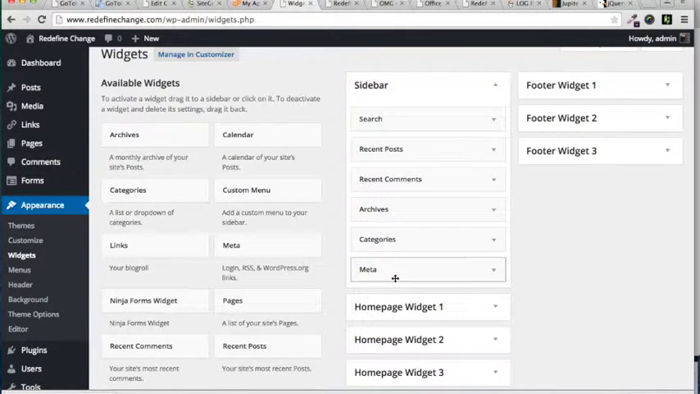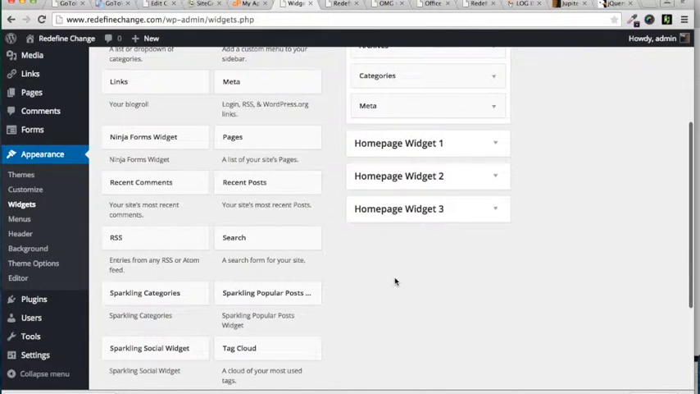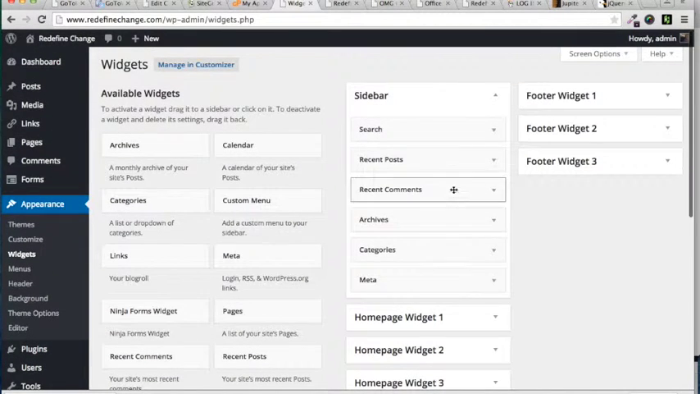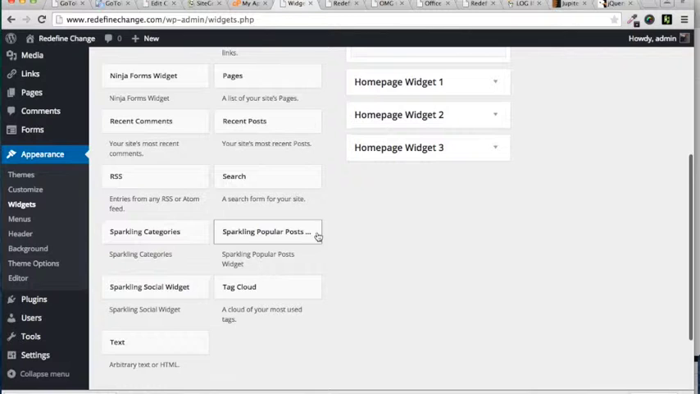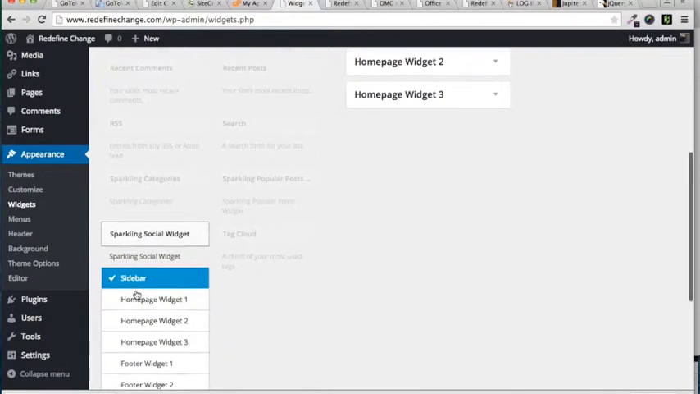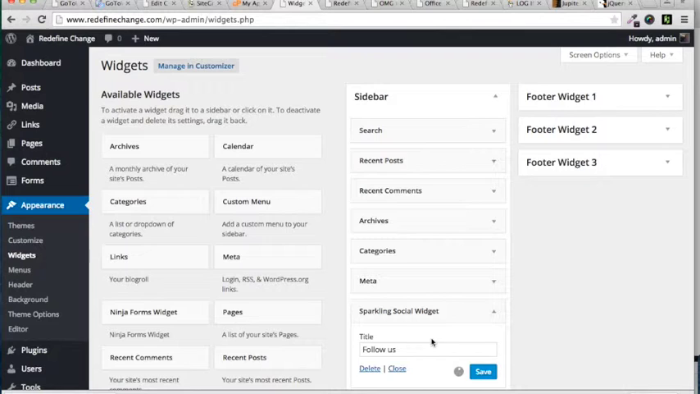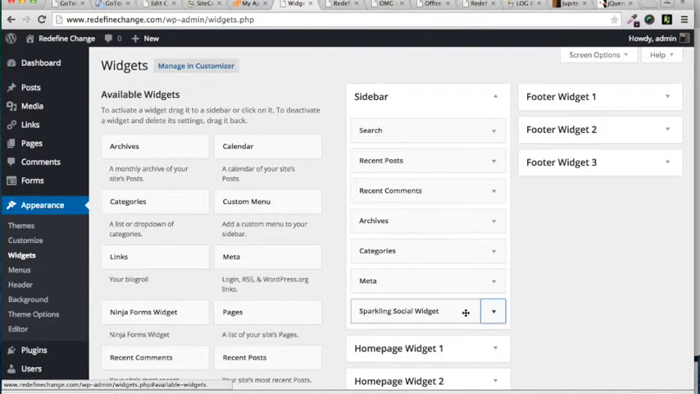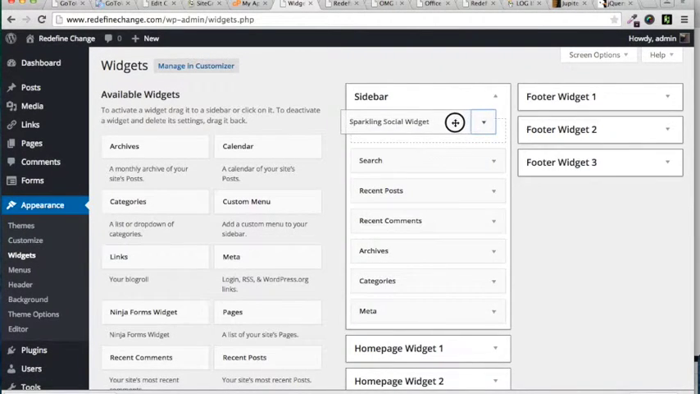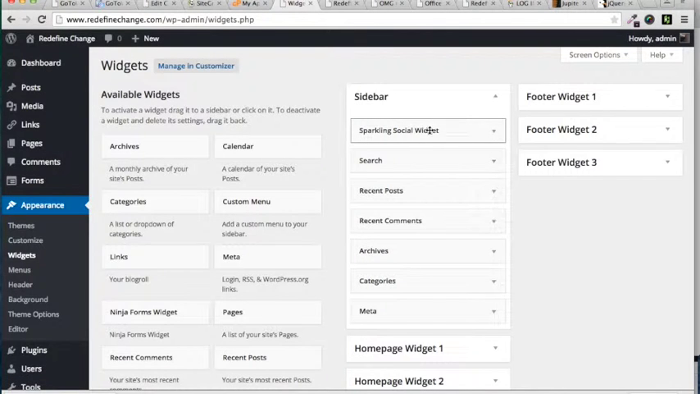So let's see if we can't get those social links in there. And there it is. We're using the Sparkling theme, and they have a Sparkling social widget. So you're going to click it, and we're going to add it to the sidebar and say add widget. And it will drop it in there. And just like with menus, you can drag and drop and rearrange these things. So I want that to be the first thing that you see